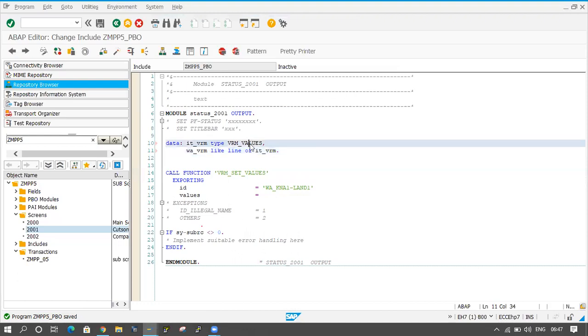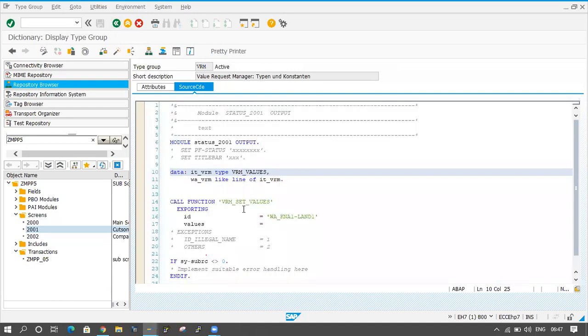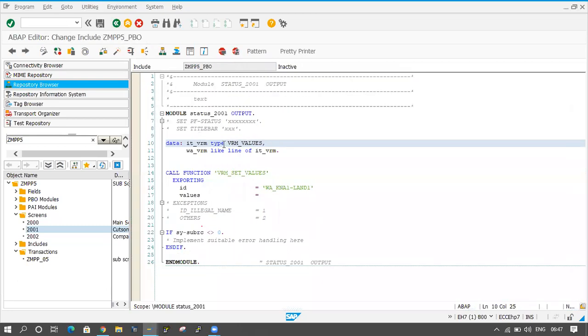If you double click on it, you can see VRM underscore values is declared as type VRM value occurs zero. Occurs zero means this is both the internal table as well as the work area. I'm declaring the internal table by using type only, because it's the internal table now, ITVRM type VRM values. Then using this internal table name I'm declaring the work area by using like line of internal table name.